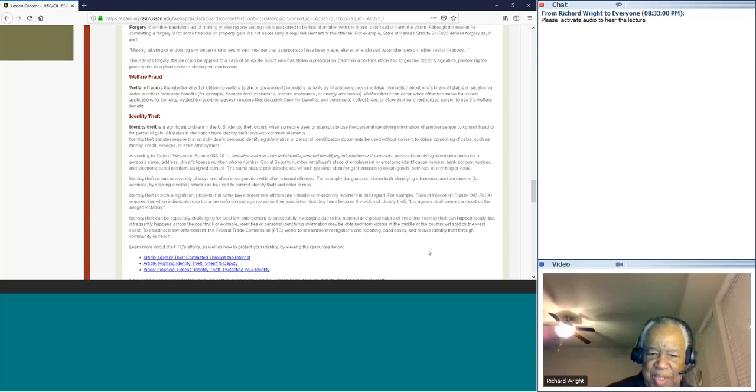Now, it says here too that a burglar can obtain both identifying information and documents by stealing a wallet or even stealing a bill that you have, and operate on that basis. Like I said again, they change the address, and they'll send it to the company. Now, the company doesn't always operate with change of addresses, but there are some things to combat identity theft